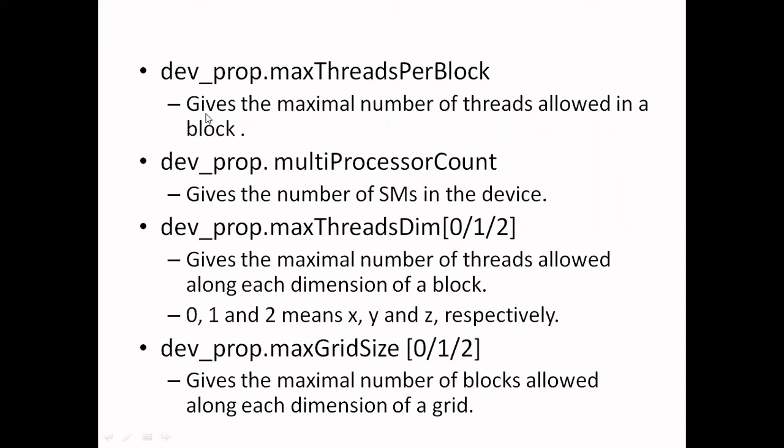So now what it will return, it will tell you the maximum number of threads allowed in a block. Usually you know the maximum number of threads in a block, as we have read, is 1024. Depending on the device, it may change. Maybe for the current state of the art device it is 1024. Earlier it was 512 or less, or in future it will be more than 1024. So if you are programming according to this property, that program will adapt in the future as well.